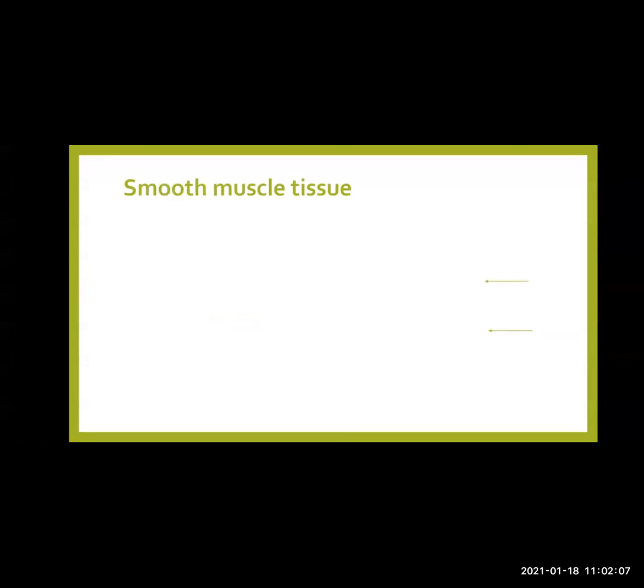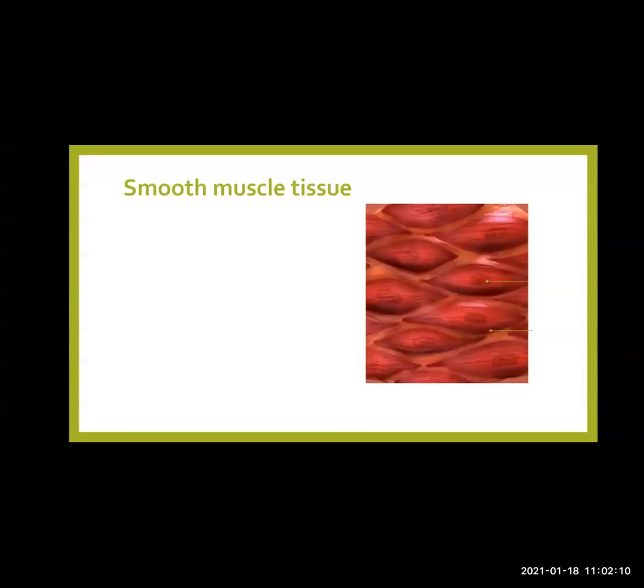Next is smooth muscles. Now, observe the diagram carefully. You can see the shape of the muscle fiber. These are smooth muscle fibers. The shape is pointed towards the end. See, here it is pointed. At this end, it is pointed. So this shape is known as tapering. It is tapering at the ends and flat in the middle. This is known as spindle shape.